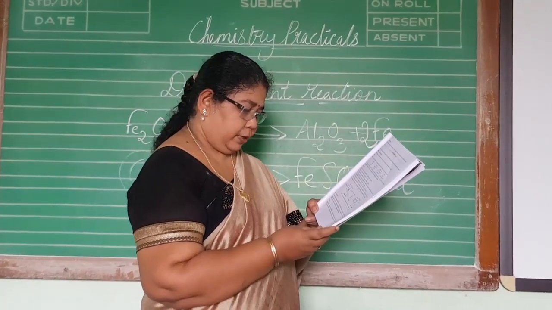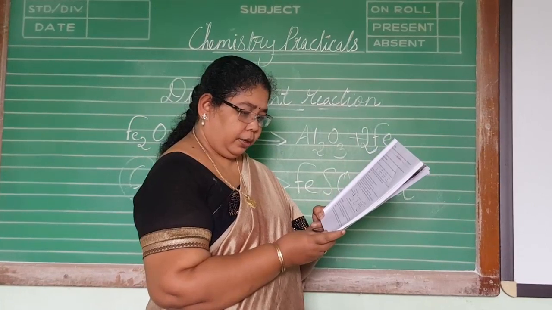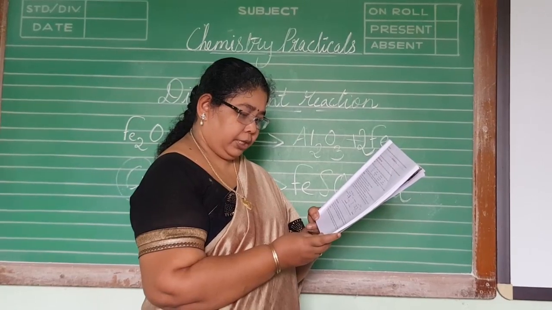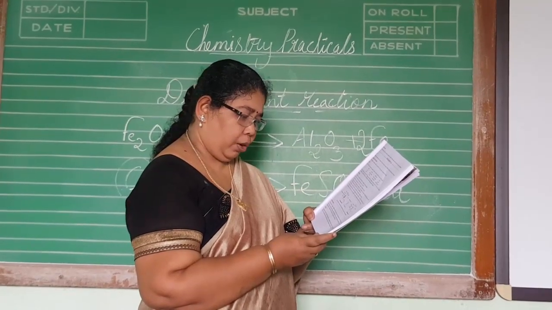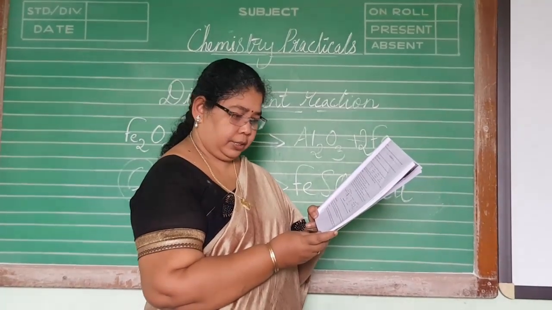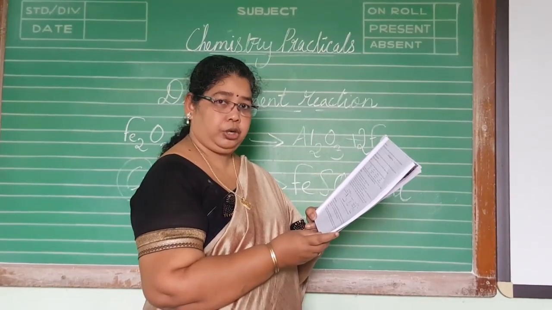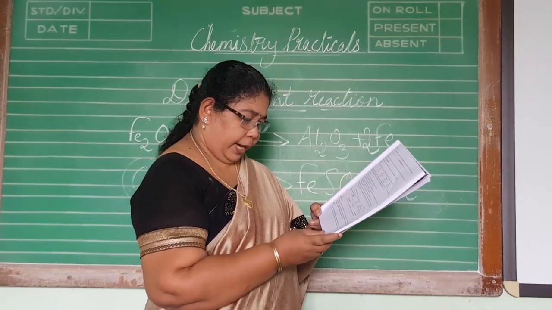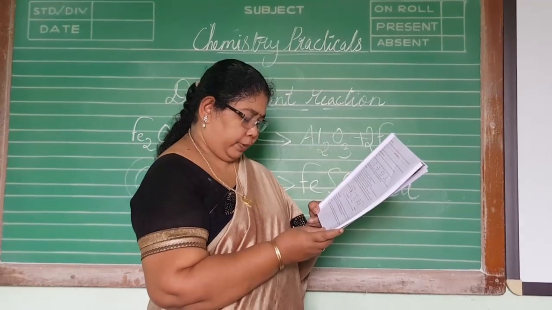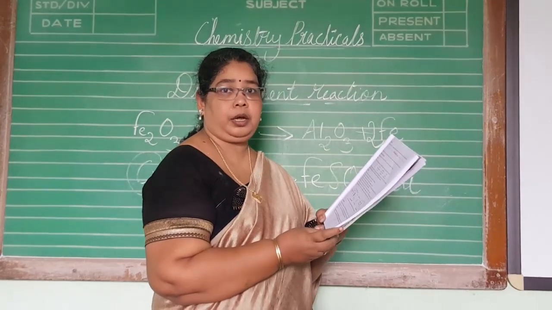So observation you will write: the initial color of copper sulfate was blue, while after immersing iron nail it turns to light green. The initial color of iron nail was grey. After immersing the nail into copper sulfate solution, a brown coating developed over it. Because of this coating, iron nail appears reddish brown. And then result, that is the conclusion which you have to write on the ruled page. On keeping the iron nails in copper sulfate solution, a displacement reaction takes place. In this displacement reaction, iron displaces copper and 2 new products, ferrous sulfate and copper, are formed.